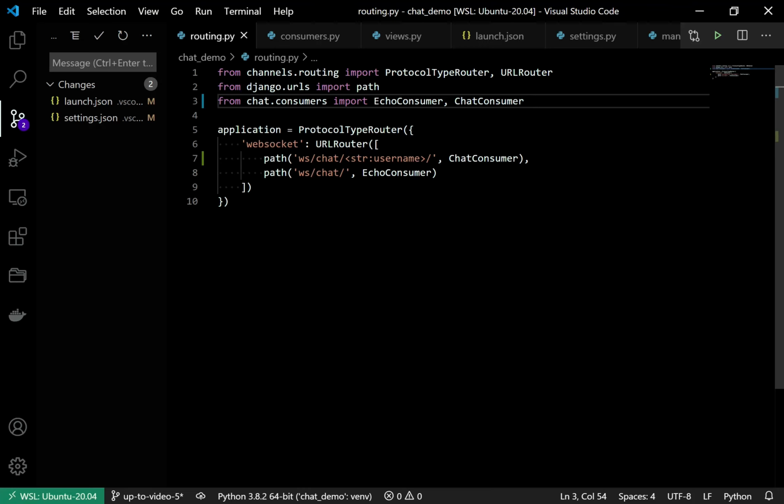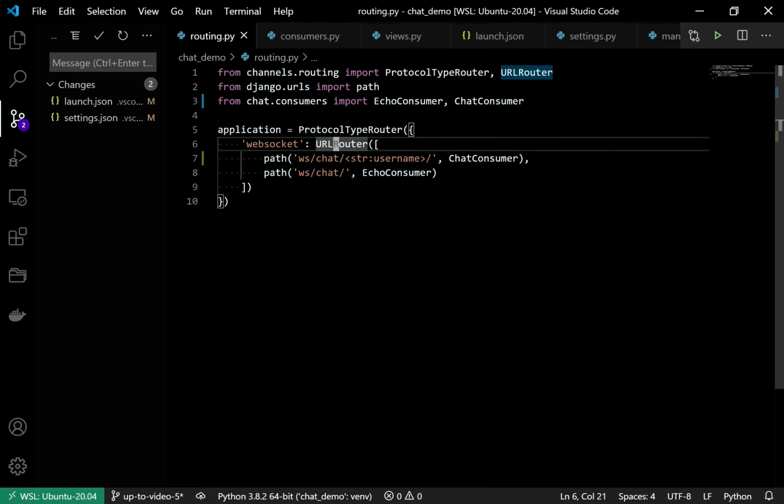Now, as I said earlier, we didn't use any kind of authentication, but now we are going to get the account of the logged in user from the session. For that purpose we need to add one more function here on top of the URL router, so that whichever request comes in, it will add the logged in user into scope.